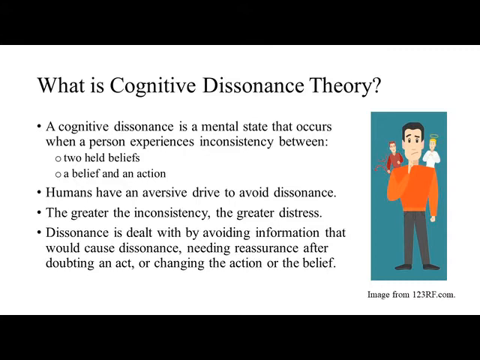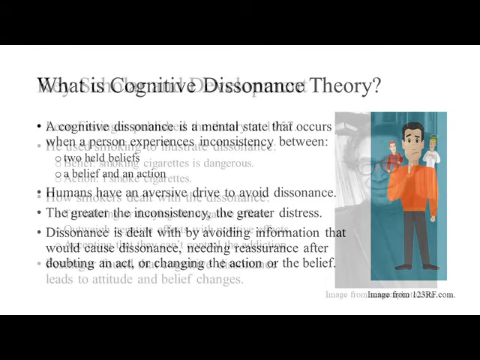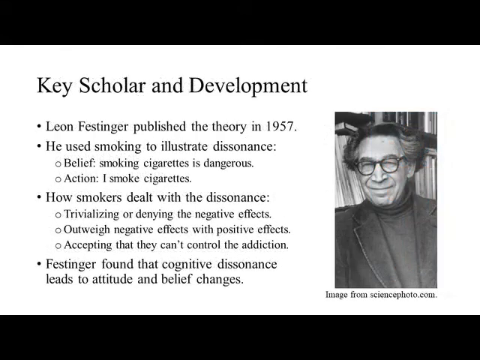have been taken. And sometimes whenever a person encounters cognitive dissonance, they change the belief or change the actions they're taking so that the dissonance stops occurring. Because if the belief or the action are contradicting something, removing the belief or the action would remove the dissonance as well. So all of this comes from a key scholar named Leon Festinger, who published the theory in